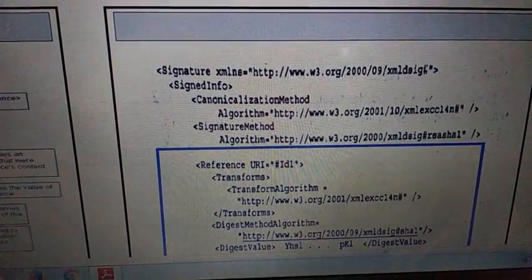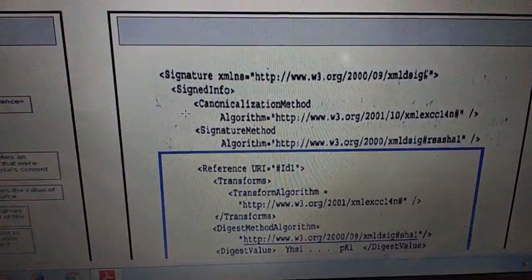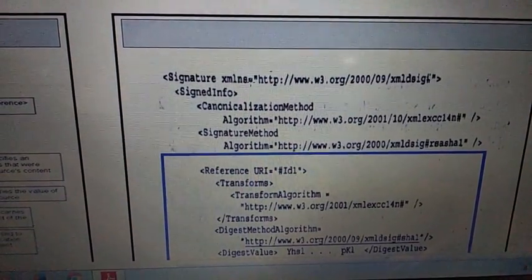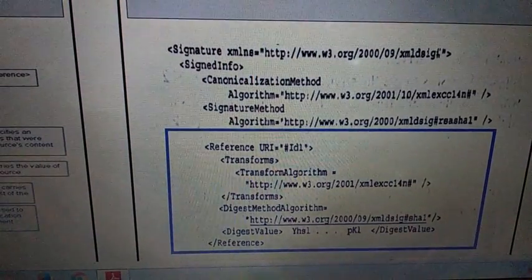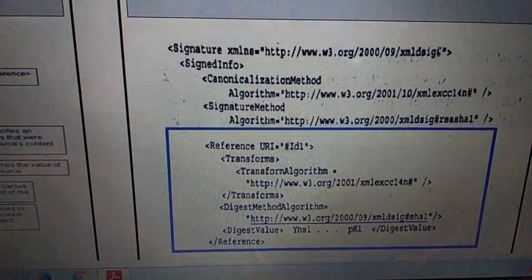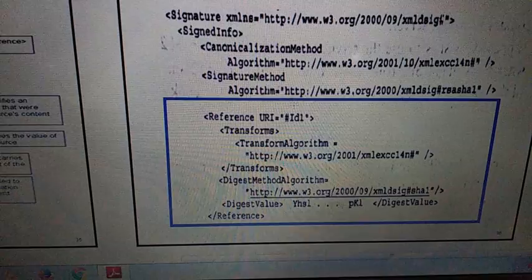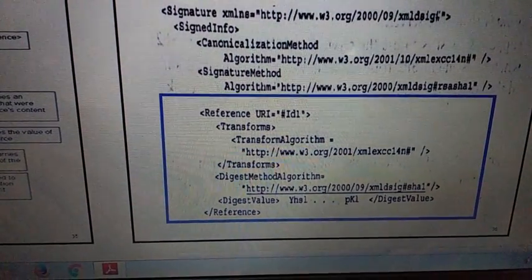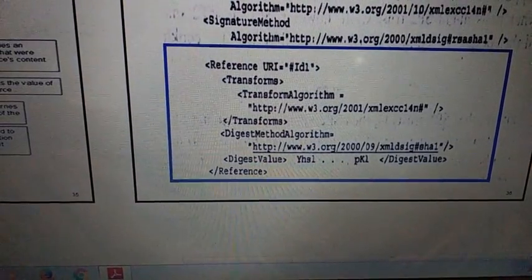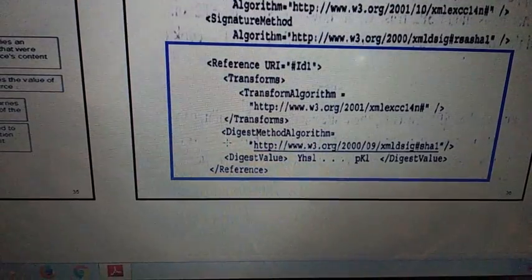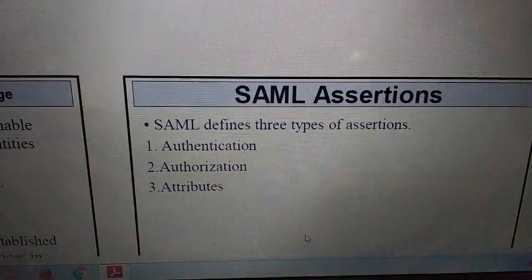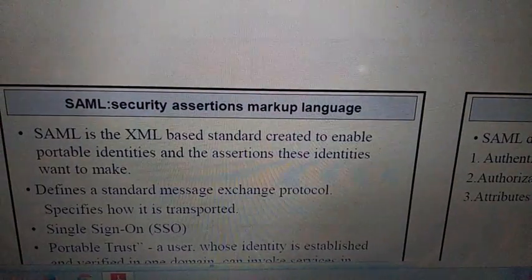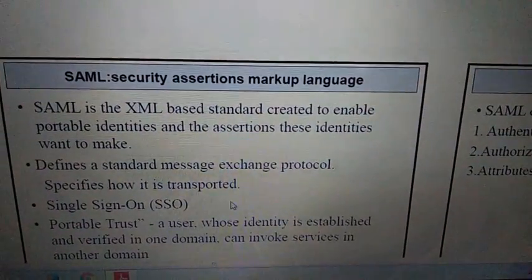We are specifying some signature algorithm, right? In the XML signature, signature info, which canonicalization method to use, which signature method to use. We are specifying some algorithm, right? See here, RSA and reference URI, what are the transform algorithm, digest method algorithm, right? So those are the things called XML signature.